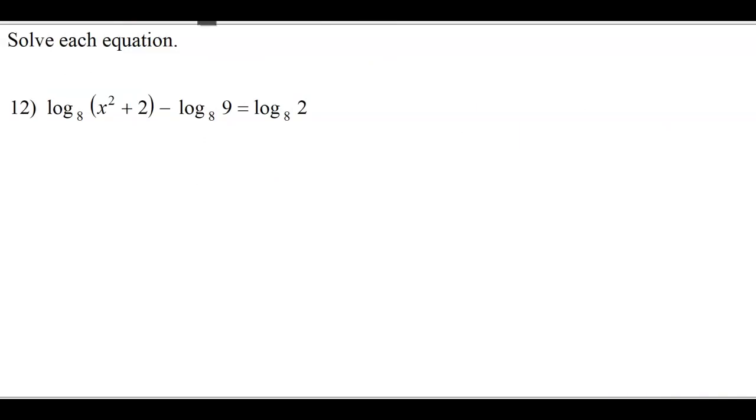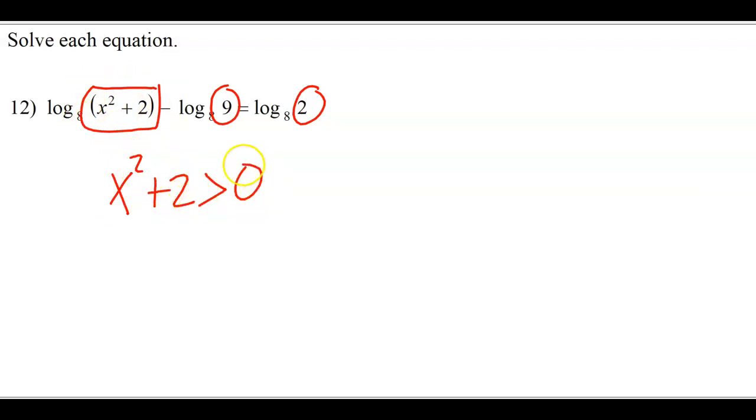All right, just do our domain first. This one and this one, we don't need to check the domain because there's no x there, so we don't really care. But this one, we need to check our domain. We have x squared plus 2 needs to be greater than 0. So if I try solving this,